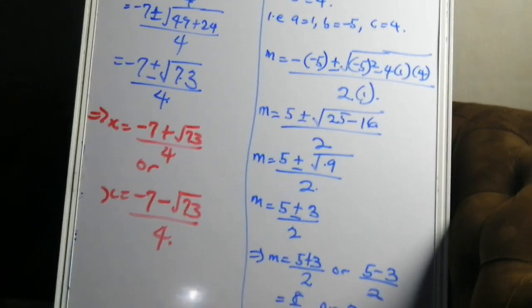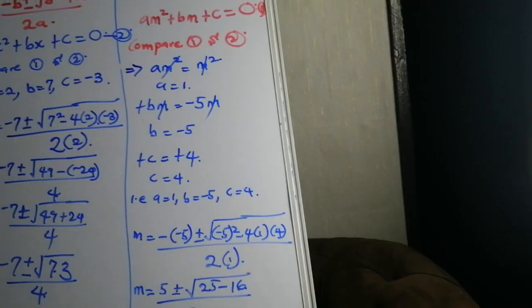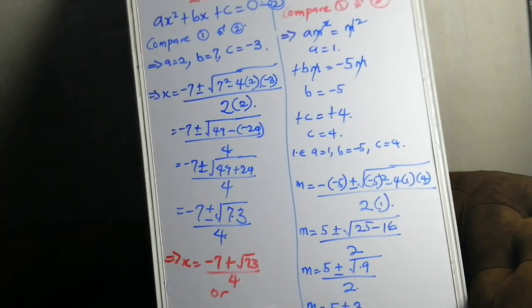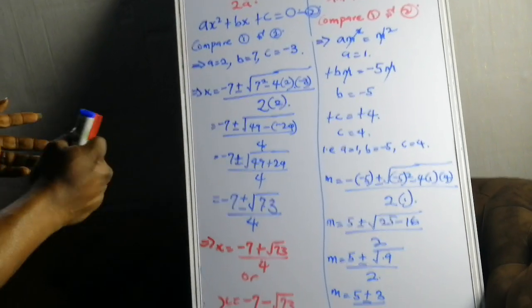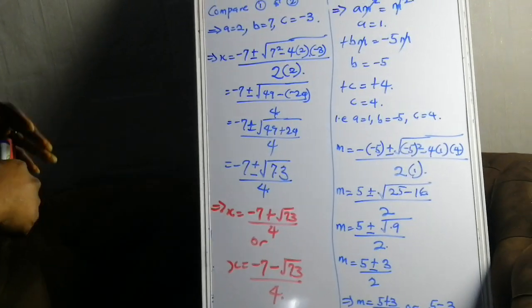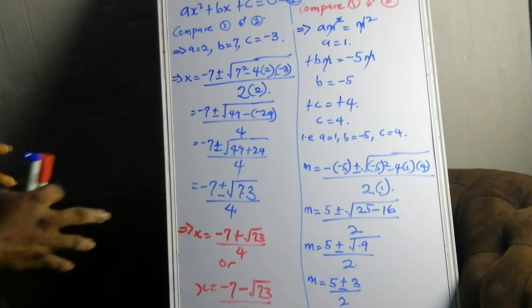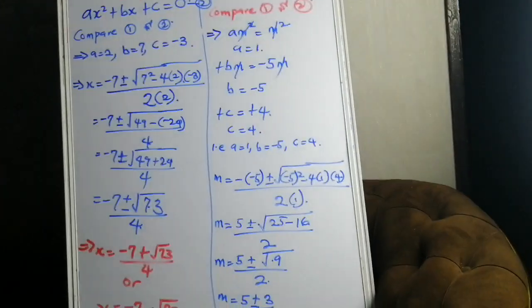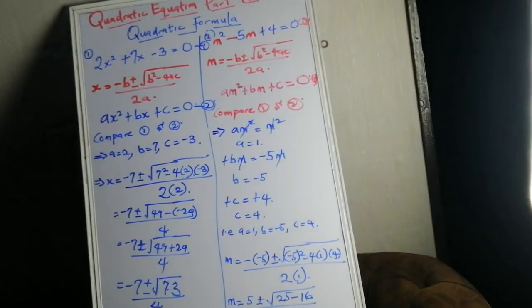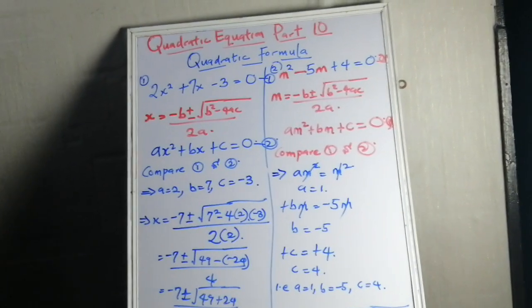So it means that after this, we'll be moving to roots of equation, which is the last part in quadratic equation. So we call it the end of quadratic equation, which is also termed as algebraic